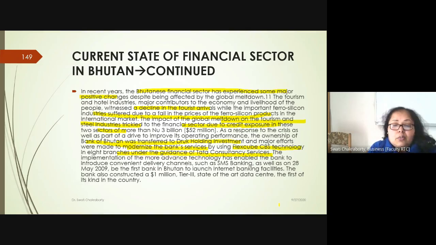So the more advanced technology which was implemented has helped the bank to introduce some very convenient delivery channels, that is SMS banking, as well as to become the first bank in Bhutan to launch internet banking facilities, right? So